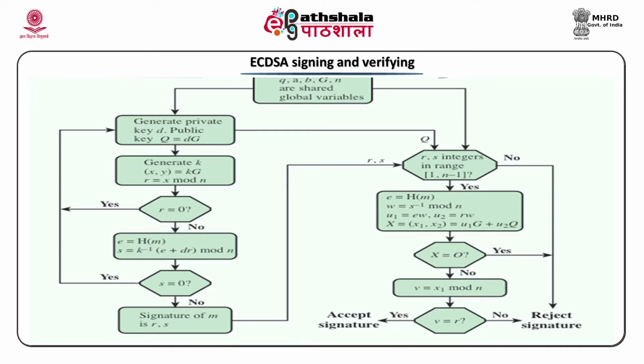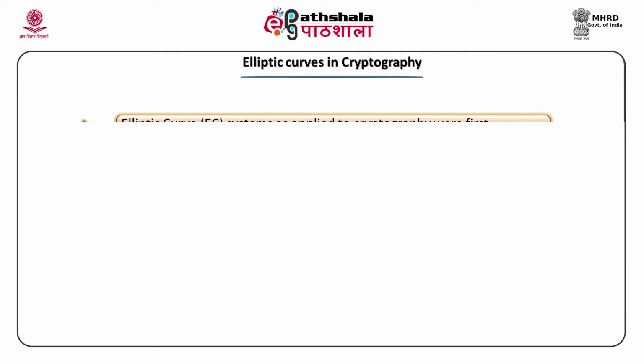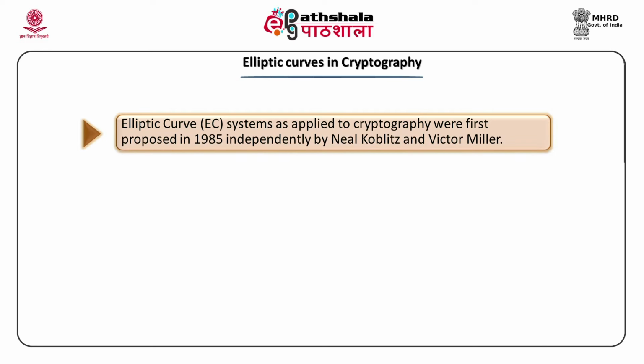This is just a block diagram. There are many questions to be answered, such as how these points on the curve would be accepted. Let us go into the detail from the block diagram. Elliptical curve systems were first proposed for cryptography in 1985. The discrete logarithm problem on elliptical curve groups is believed to be more difficult than in the multiplicative group of non-zero elements of the underlying finite field.